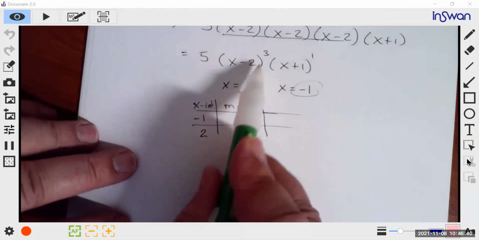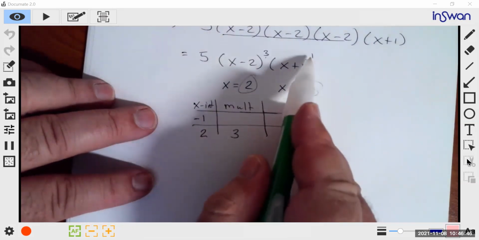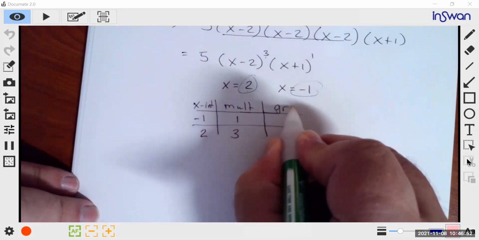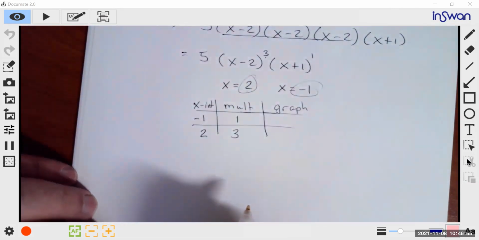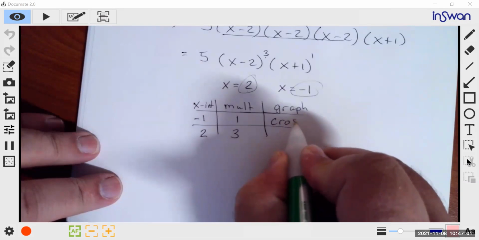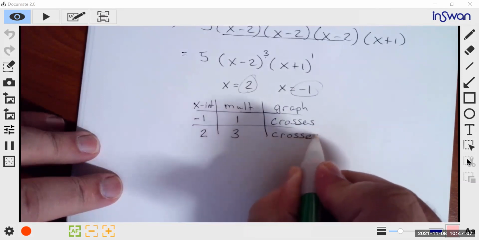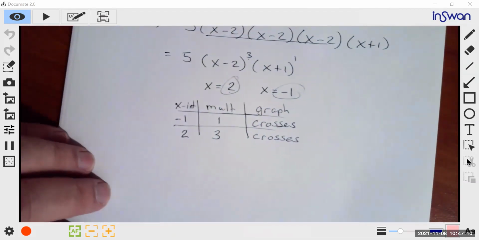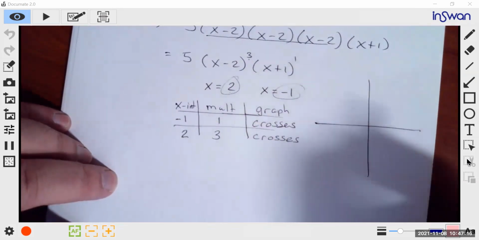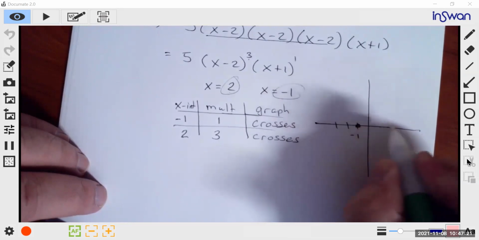The multiplicity of 2, it occurs 3 times. And -1 only happens once. So if it's odd, it crosses and crosses again. So at -1,